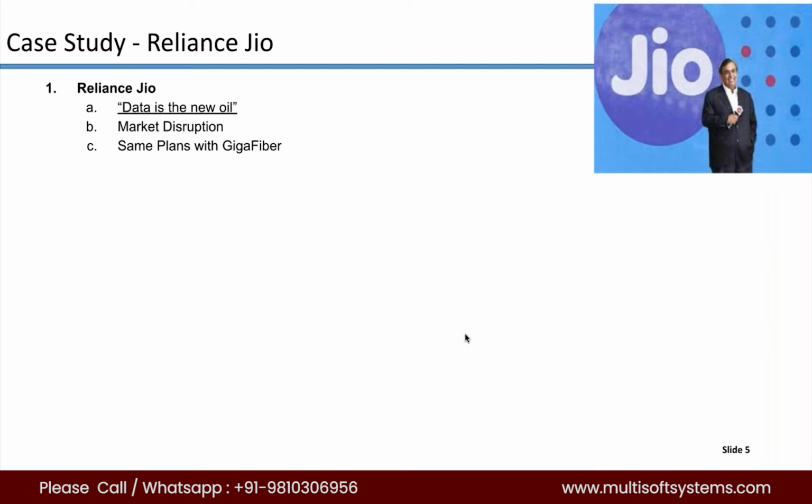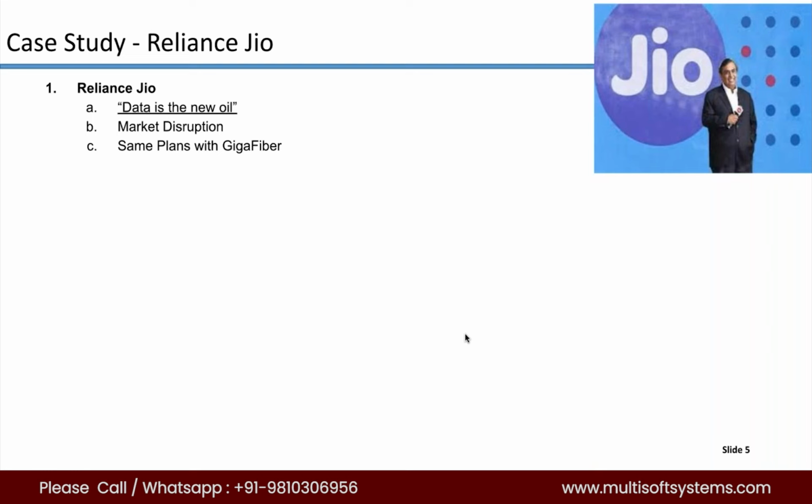If you have followed or heard the keynote address by Mr. Mukesh Ambani, who is the chairman of Reliance, when he was introducing Jio in 2017, he used a term. He said, since time immemorial, since my father's days, we have been into the business of petroleum products, the oil business. But for us, we have realized that data is the new oil. There's more potential in data, or maybe equal potential in data as of now, as in the oil business, right? And that's the reason why we're investing so much money in it.